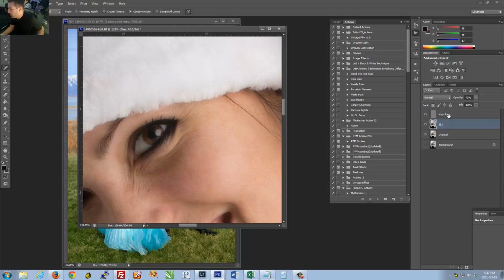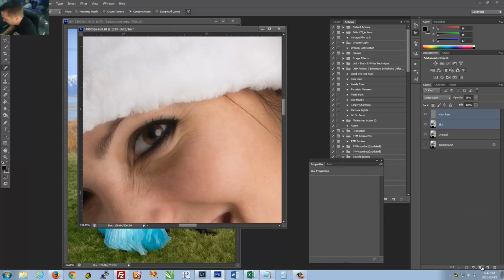And then I'll end up taking this layer and this layer. So I highlighted them both by holding down shift. I clicked the first one, held down shift, and then clicked the second one, and it selected my layers. And there's this icon right down here, a folder icon. So I just took that, and you can drag it right down to folder, and it sticks those 2 layers into one folder. And now I can toggle on and off the skin softening